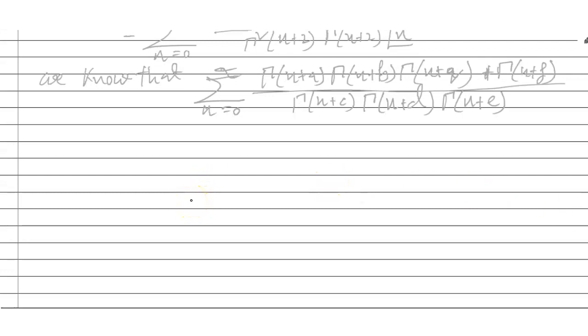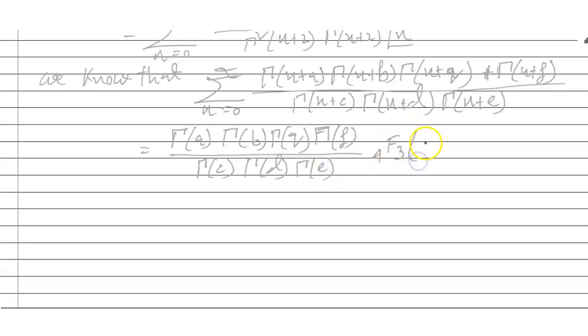So it can be written this way: gamma a, gamma b, gamma q, gamma f, divided by gamma c, gamma d and gamma e,